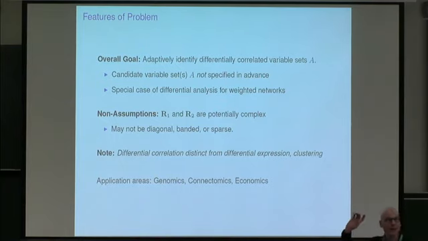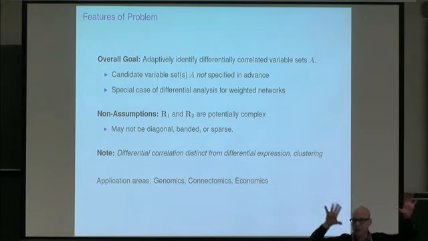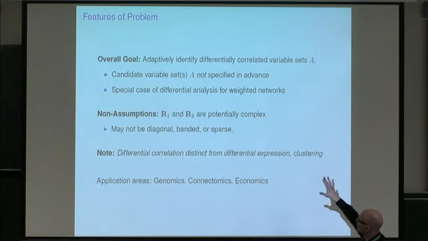Now, and here I will apologize again, at least for the first 19 slides, this is the only time the word network will appear. One could, of course, look at the empirical correlation matrices, threshold them, get a network, and think of this in terms of networks, but that would be wasteful, because thresholding the correlation matrices throws out a lot of information that would be useful. So you can think of this as differential analysis for weighted networks, but it's local.